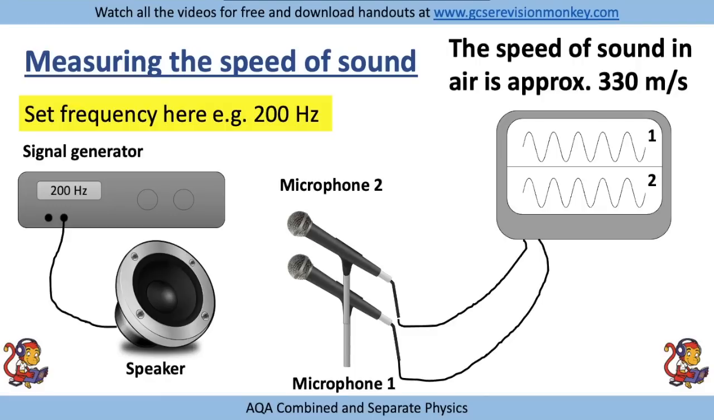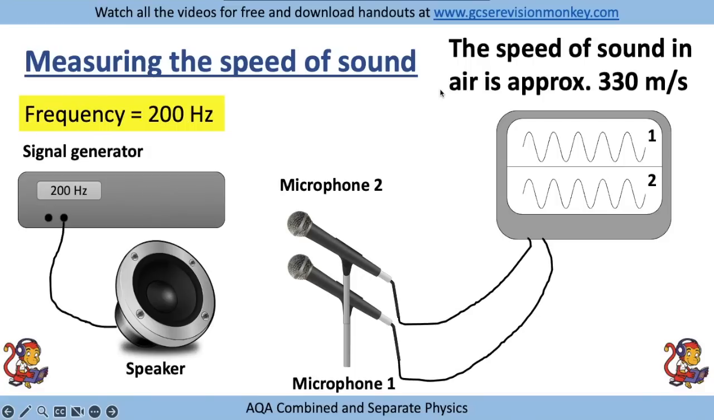Then, if we place two microphones equal distances from the speaker and connect these to an oscilloscope, we will get two different wave fronts on the oscilloscope. We'll get one for microphone 1 and another for microphone 2, and they will be identical because they are equal distances to the speaker. Then you would move one of the microphones, let's say microphone 2 for example, you would